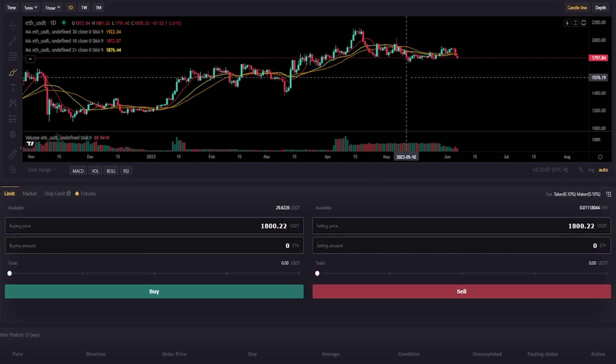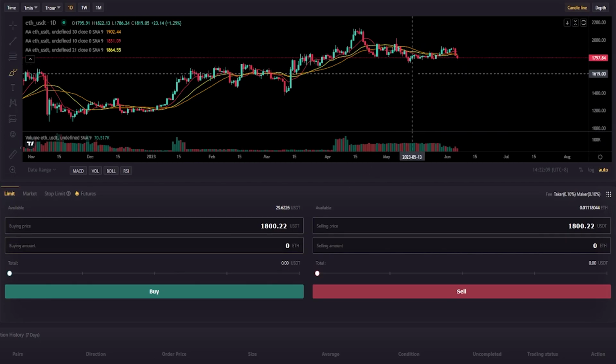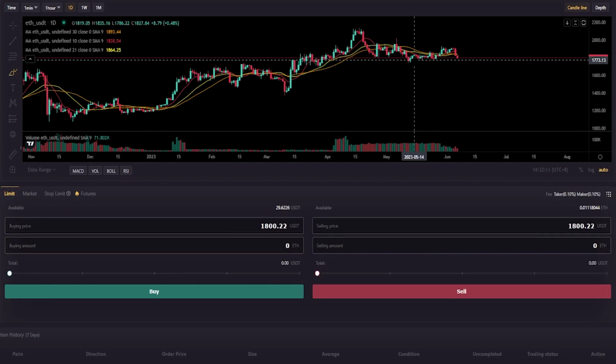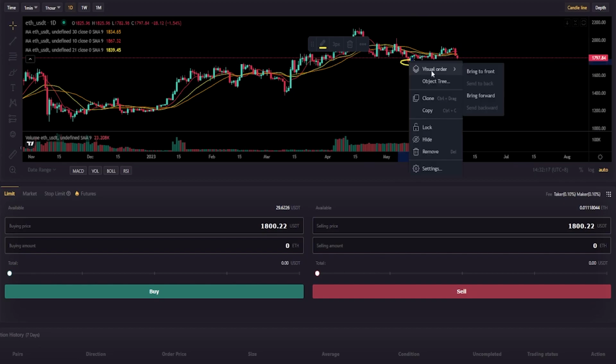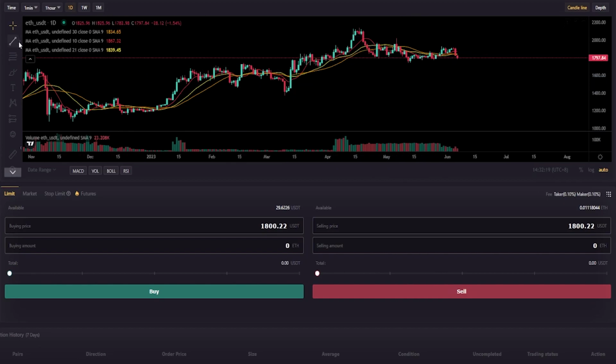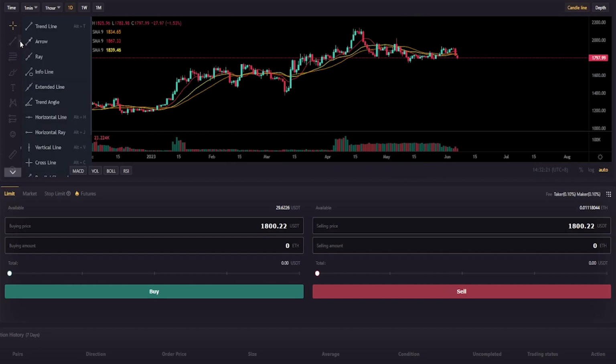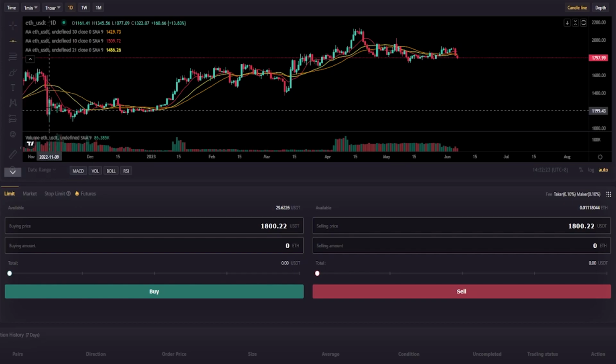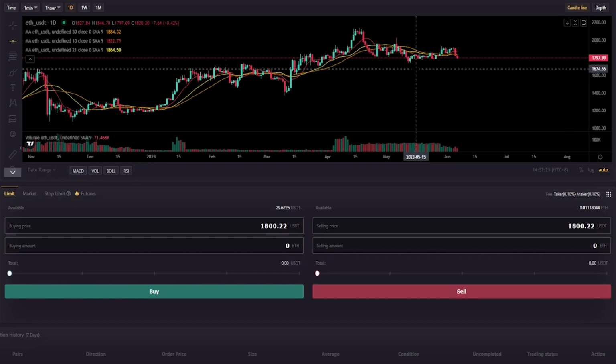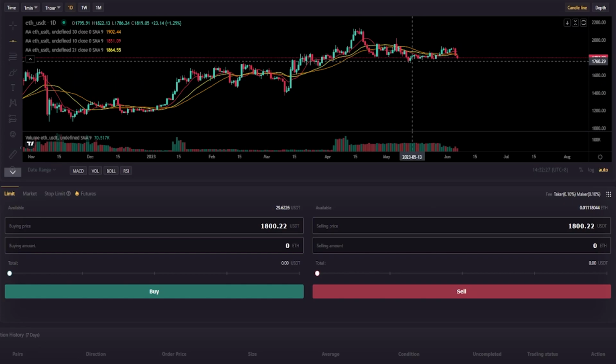And let's come on up here to the chart. Let's imagine that I want to place an order to buy Ethereum if the price of Ethereum was to retrace somewhere down around these candle bodies right here. What I'll do is I'll go ahead and grab a horizontal here from my drawing tool. So I'm going to click this little arrow here, and then I'll select a horizontal line from this little menu. Now let's go ahead and mark out those candle bodies, something like this. Now we can see that there's a price point correlated to that horizontal on the y-axis of the chart, coming in at